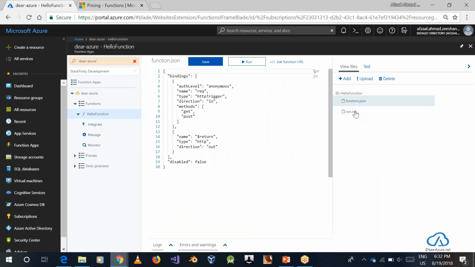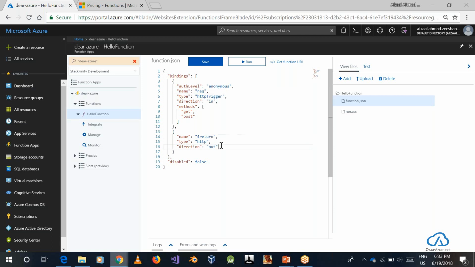There is a function.json file. This basically specifies the structure of the function. And as you can see, we had just discussed the bindings and the triggers for the application. So this is an HTTP trigger, and its direction is an input. It's an input type, and the methods that it supports are get and post. So these are the two methods that our users can use. The name of this parameter will be request. The authentication level is anonymous. So it's like the configuration for our function that Azure will be using in order to execute it and to run other sorts of actions on it.